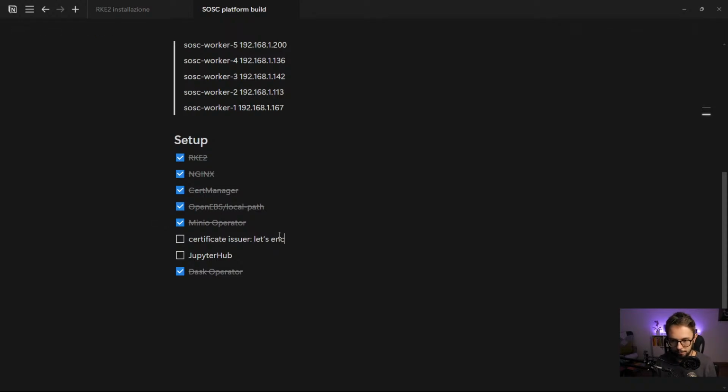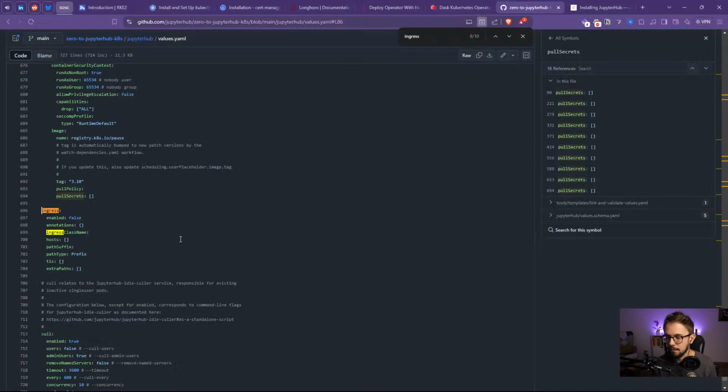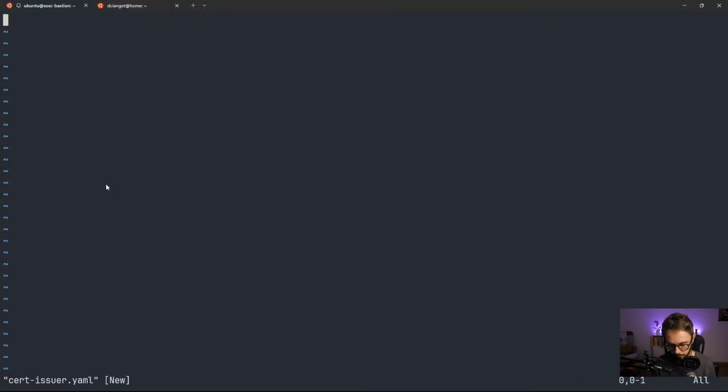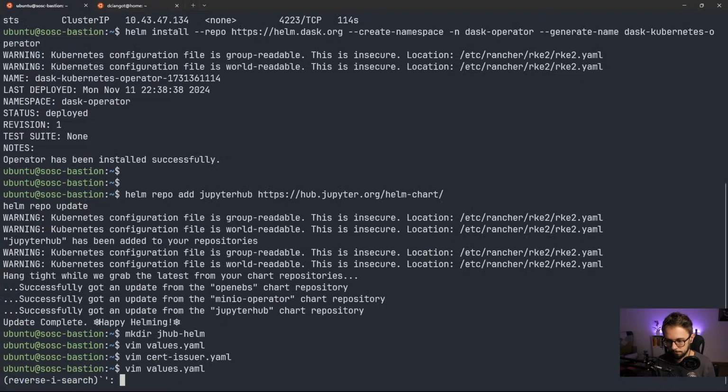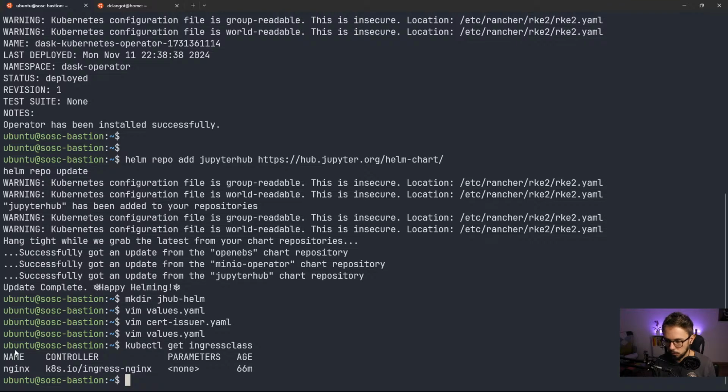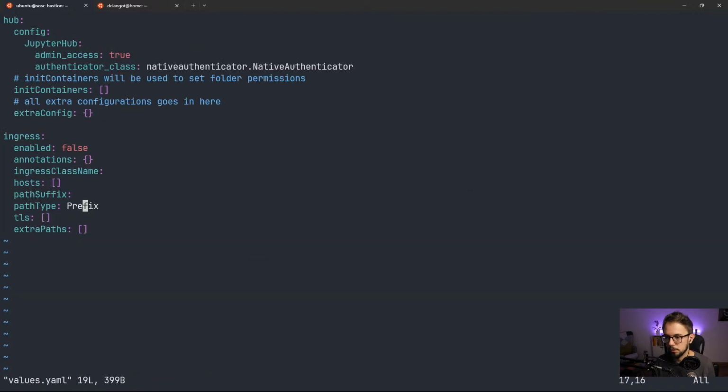Let's Encrypt. So we are going to use this issuer. Ingress. Okay, so we copy this. Get the ingress class. It was called Nginx. Cool, perfect. So the ingress class name is Nginx. Then the ingress configuration is actually